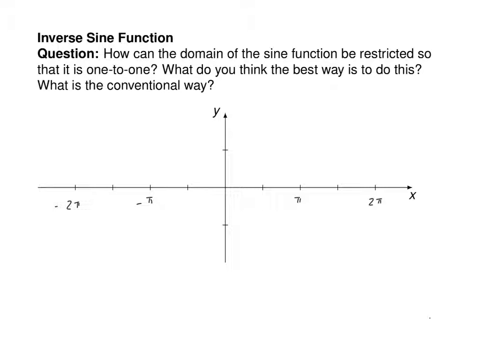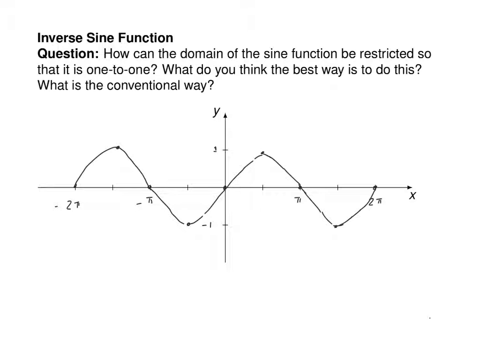Where does sine start? 0. When does it go up to 1? At half pi, great. Back down to 0 at pi, down to negative 1, back up to 2 pi. On your quiz tomorrow, when you have to graph these functions, you do need to label your axes at least a little bit. And there's no reason that those tick marks have to be 1. Like if you need them to be some other number, you can make them some other number. Okay,